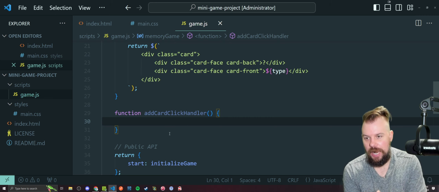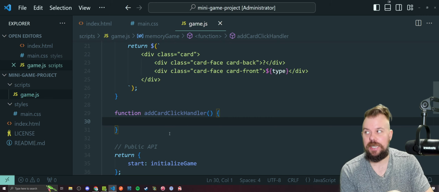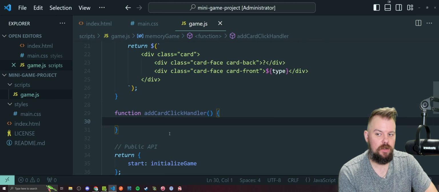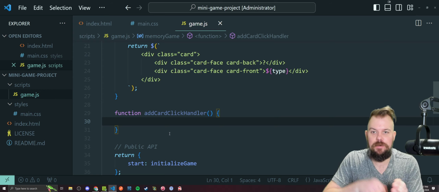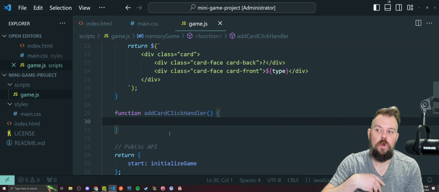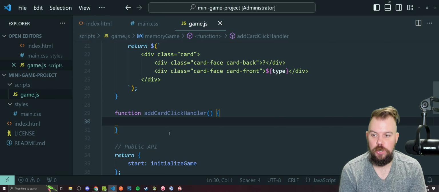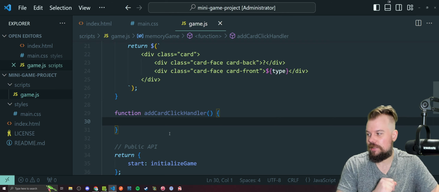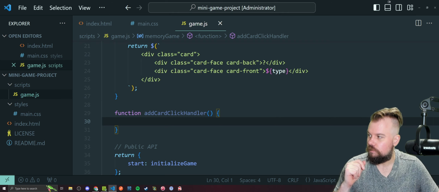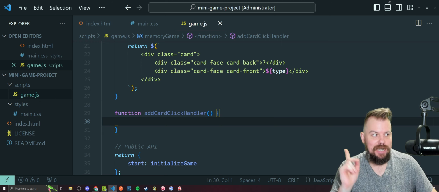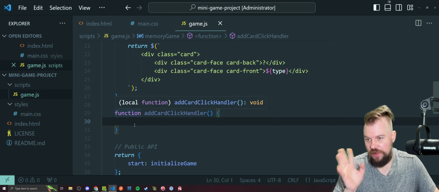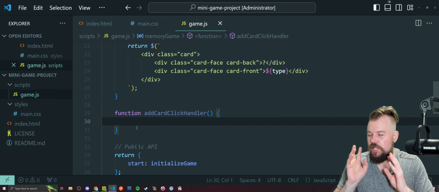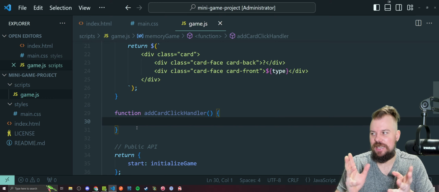And you're wondering, okay, but which card? How's it going to know which card we're putting this click handler onto? How will it not accidentally stack multiple click handlers on the same card every time we add more? How do we know and tell it which one we're adding it to? So this is a cool concept we're going to call event delegation. And we're going to think about it as like a teacher supervising a classroom of